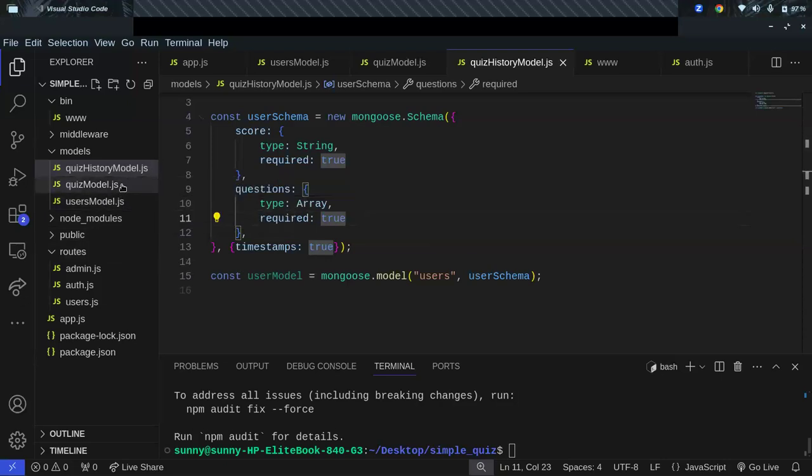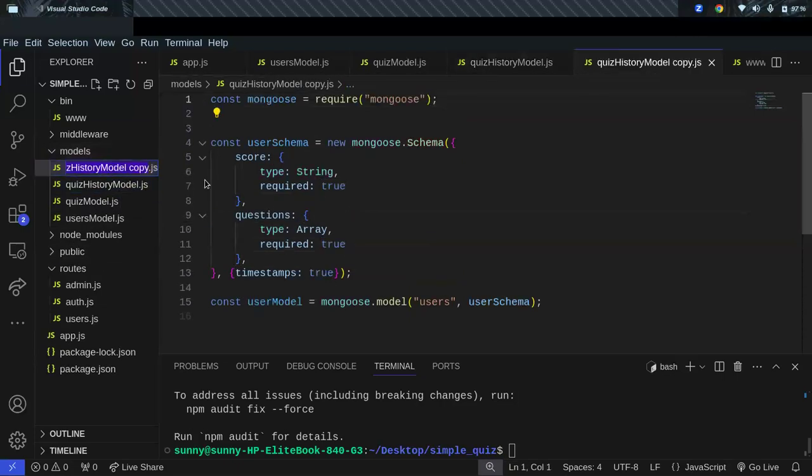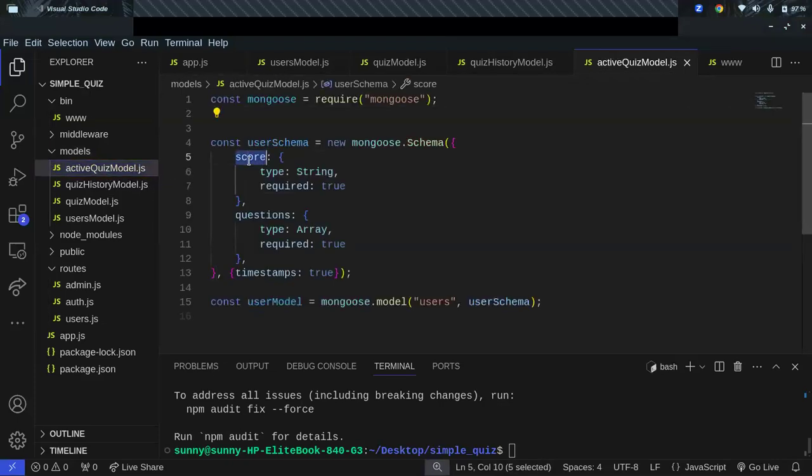So, when you're answering a question also, you need to store it temporarily somewhere. As you're answering, we know that this is the question, this is the user, and this is the option he chooses. So we can also do that, right? We can say active quiz model. So the active quiz model is going to contain